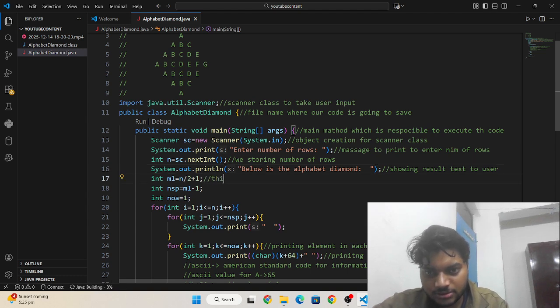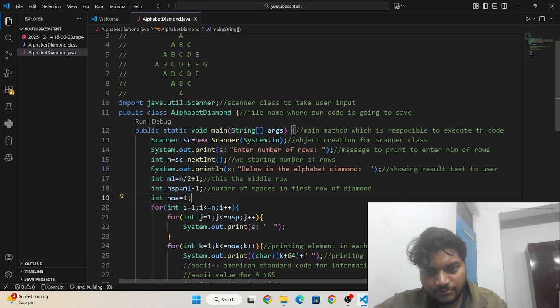This is the middle row. This is the number of spaces in the first row of the diamond.